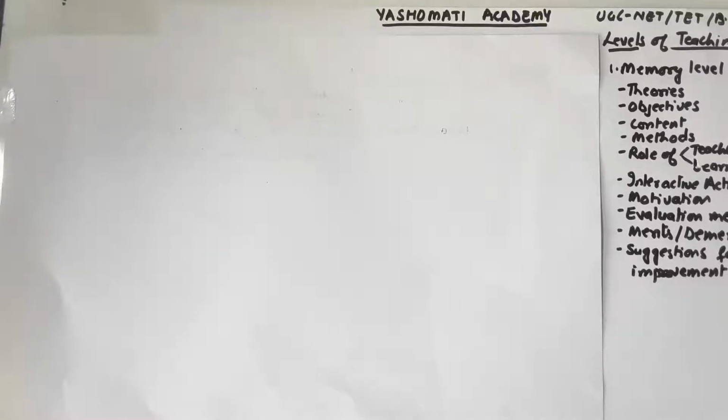We have studied that teaching can be performed at three different levels, that is memory level, understanding level and reflective level. Today we are going to study memory level, teaching at